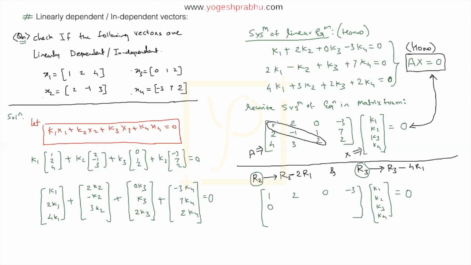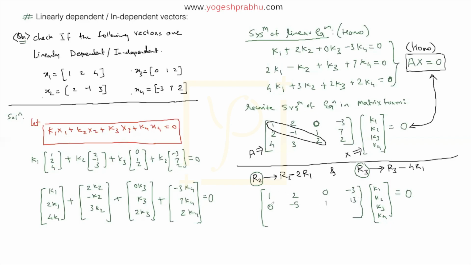If I multiply R1 by minus 2, 1 into minus 2 is minus 2, and adding here makes it 0. Okay, do that here as well. Multiply this with minus 2, that becomes minus 4, and simply add. So minus 4 plus minus 1 is minus 5. Is that correct? So keep doing that. Multiply R1 by minus 2, the 0 will remain 0, and add. So this is just 1. This will stay as it is. Multiply R1 by minus 2 here. So this will become minus 2 times minus 3, 6. And 6 and 7 is going to be 13. Okay. This is the first operation done.